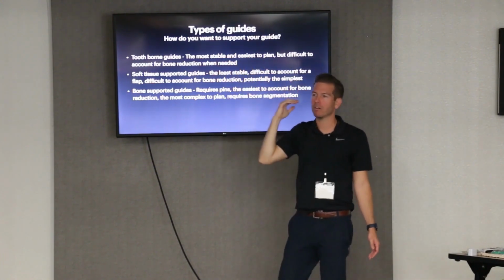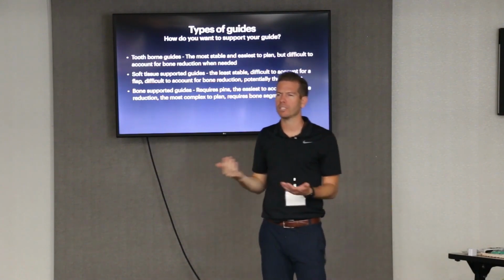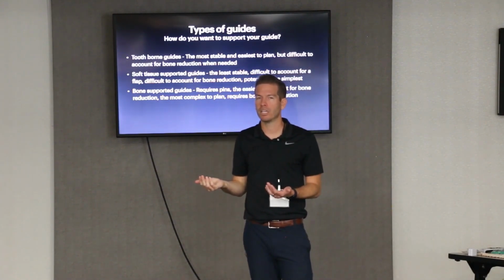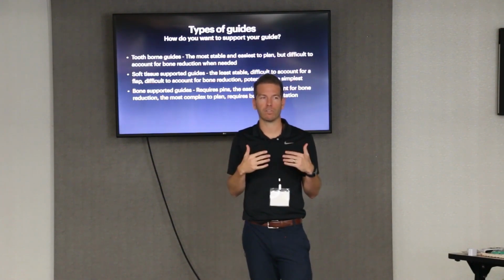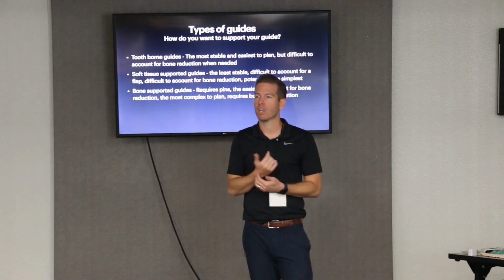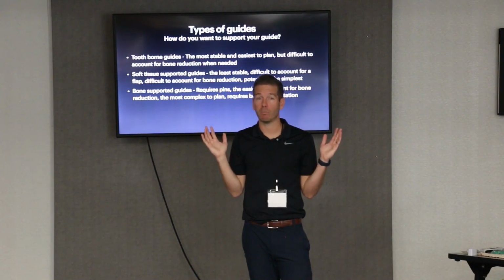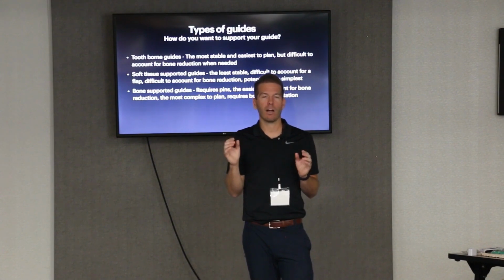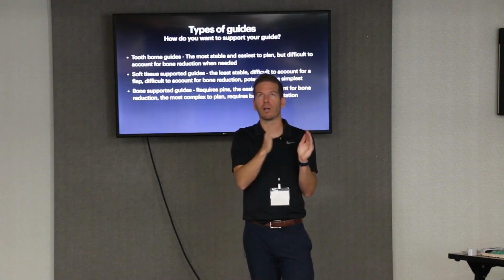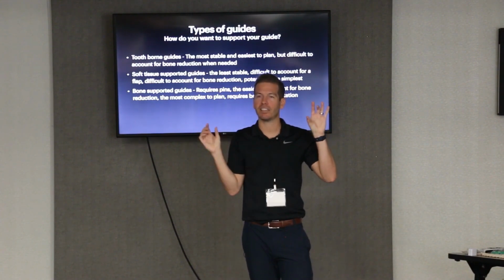So you go, okay, how do I do a tooth-supported guide if I'm pulling out all their teeth and putting in a full arch of implants? So this is kind of where we've distilled down the workflow, and it's really as simple as what's called selective tooth extraction. So let's say they've got all 14 teeth in there, but they need them all pulled out and they need implants to go in. How can I put those implants where I want them and then leave a handful of teeth in their mouth